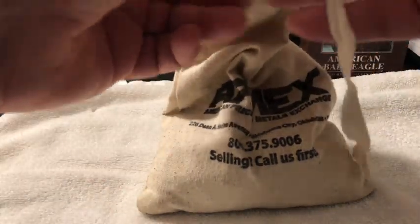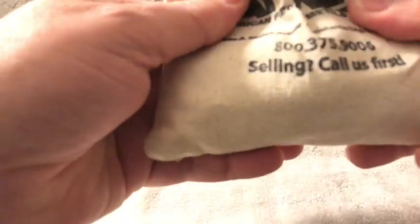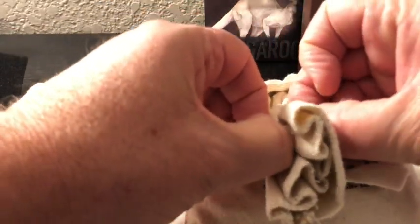So, I was looking at the websites recently. I'm going to talk about Constitutional in a minute. And this came, I think this is a $10 bag, or is it a $100 bag? I think it's a $10 bag. It came with this nice burlap sack. But there's no reason to charge those kind of premiums